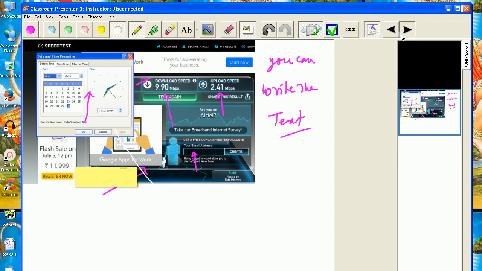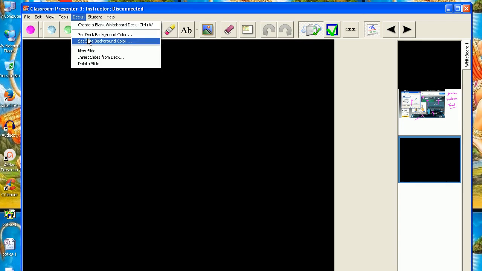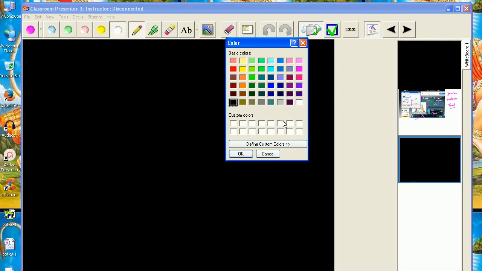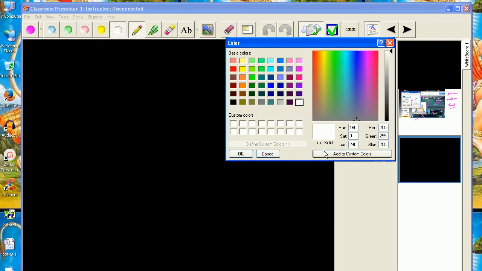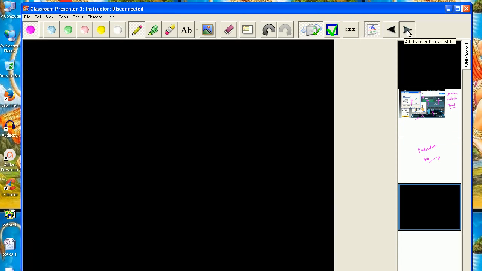So the next slide, here again it is black. So what I am doing, set slide background color white only for this. Okay. So you can see here in this way, for a particular slide you can select it, and this tab is for the next slide. You use this black again. So by using this software you can make your presentation attractive, and there are many features here.